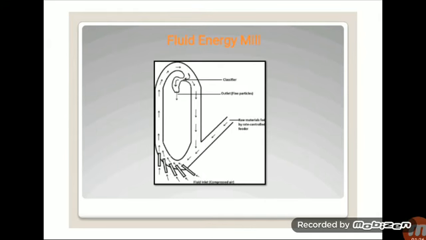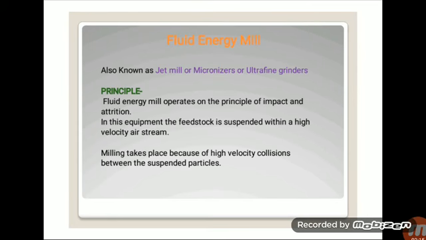If we look at the diagram, we see it consists of an elliptical pipe. At the bottom of the pipe there are grinding nozzles, and a part where we can insert the compressed air. From the upper side or from the side of the tube, the raw materials to be size-reduced are fed. After that, at the upper part there are classifiers for separating the particles depending upon their size, or depending upon the required size of the particles. Okay, the output of this slide is that it is based on the principle of impact and attrition. Okay, the next slide.